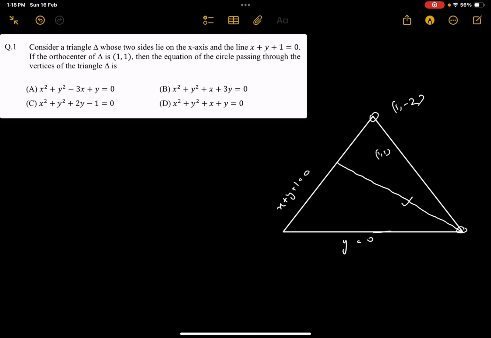So the slope of this line is 1 and it passes through 1 comma 1. So this line becomes x equals to y. So solving this line with this line, we get this vertex. This becomes 0 comma 0. So we have each of the three vertices, and